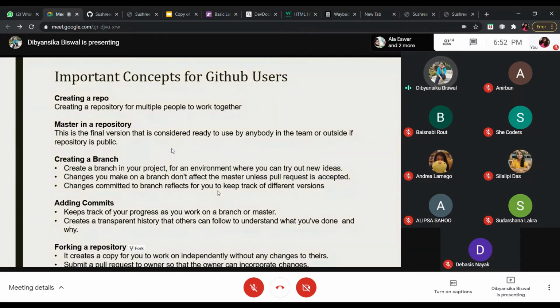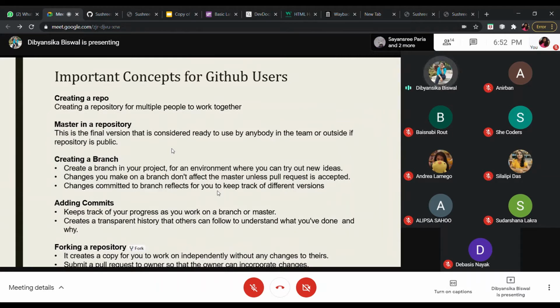Now, forking a project repository. In GitHub, if you like a project but you don't want to copy the exact same thing, you want certain things and you want to change certain other things, so you want a copy of that, right? That is why in GitHub we say forking a repository.